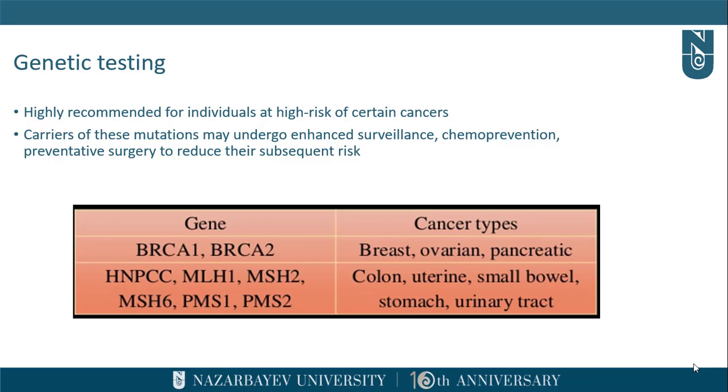So also, if an individual feels and observes that some close relatives, or in a family tree, there were people who had cancers, they can have genetic tests which would find out the expression, some mutations in chromosomes, or expressions of genes that have been associated with the development of cancers. For instance, women who had a higher expression of BRCA1 or BRCA2 voluntarily removed their breasts in order not to,